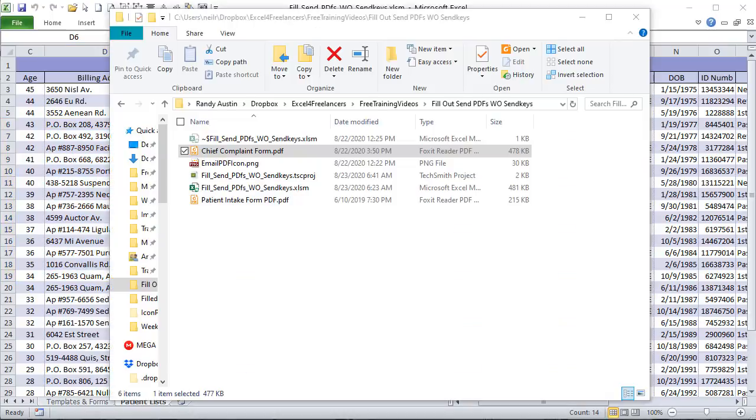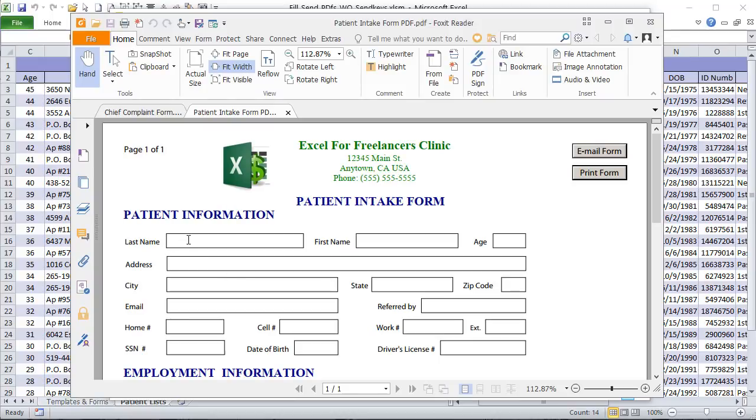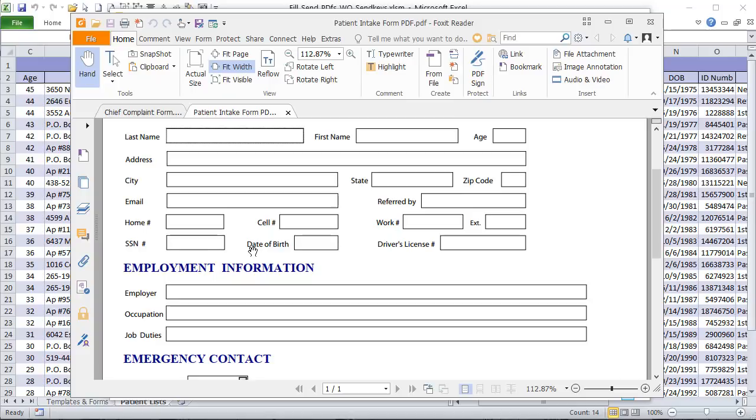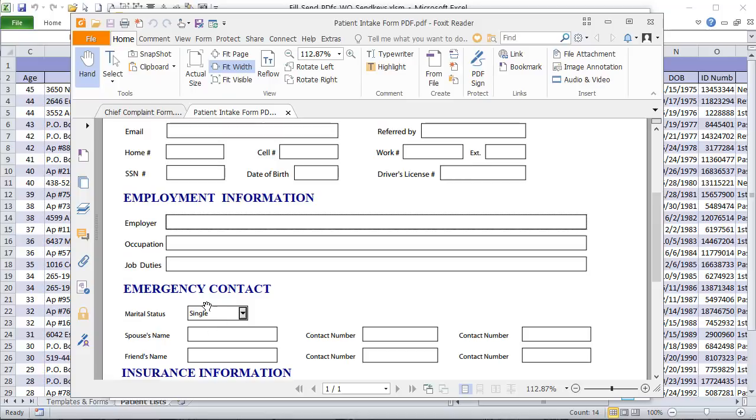I've got two different PDF forms that we're going to work with. I've got a patient intake form, and I want to put the last name, first name, age, address, and city in. I want to send that directly to the patient before they arrive at the appointment so that they can fill out the rest of this. This is a common practice. You can use this, of course, in any type of application. So basically, you want to pre-fill out a form, and I want to email that